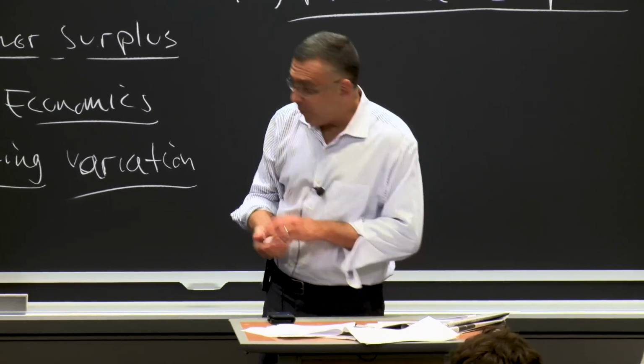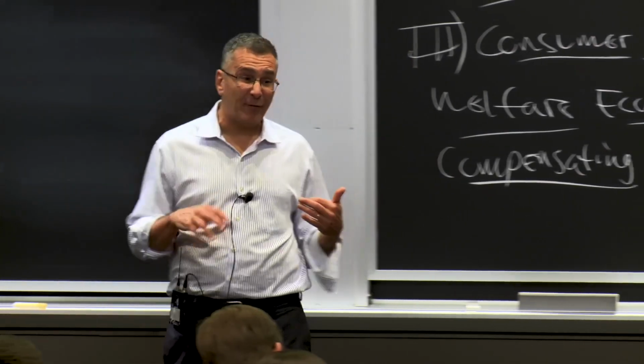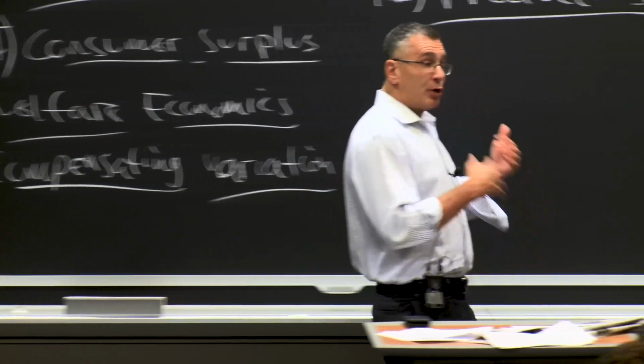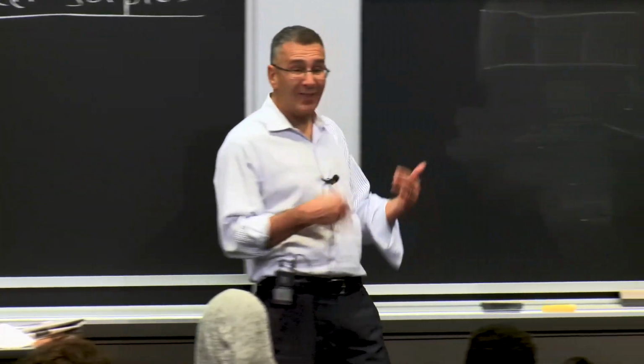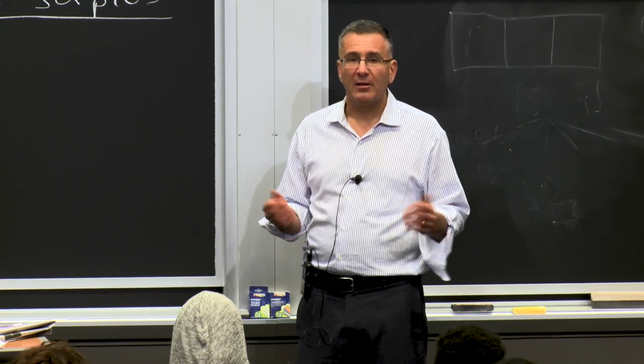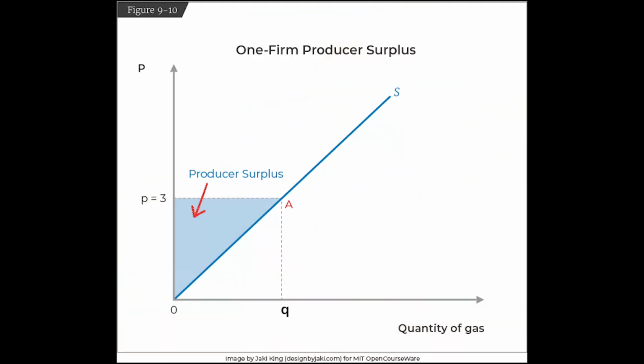Okay? Now, the idea here is the same. Consumer surplus was the difference between the willingness to pay for a good and its price. Producer surplus is the difference between the willingness to supply a good and its price. And how do we measure willingness to supply? The supply curve. So as figure 9.10 shows, the producer surplus for any given firm,